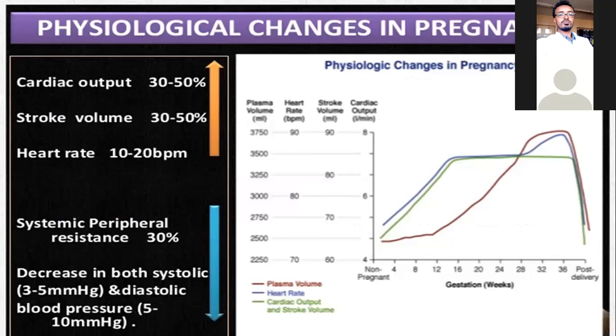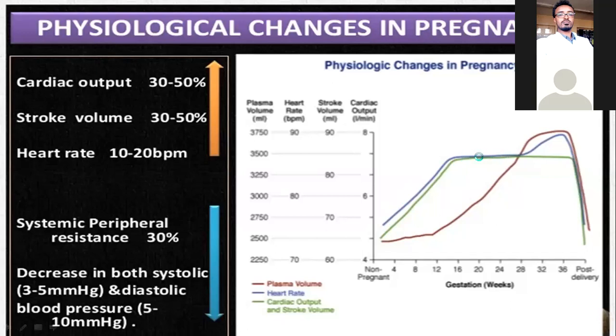So knowledge of physiologic changes during normal pregnancy is important to interpret the hemodynamic and cardiovascular tests in normal pregnancy, and also to know the impact of these physiologic changes in those patients with pre-existing cardiovascular diseases. Because of this, let's see some of the changes. As early as the 5th week of pregnancy, cardiac output starts to increase progressively and reach